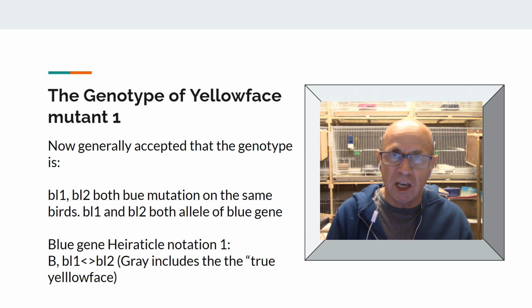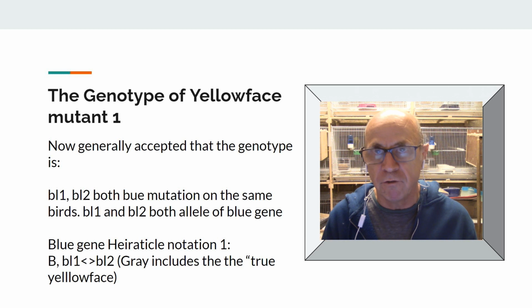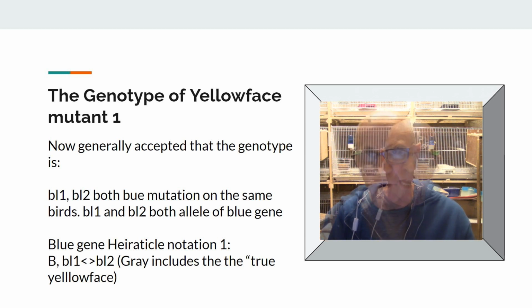So you can see here why I would consider it not to be called a Yellowface allele, but actually BL2, in the same way as we treat the two dilutes slightly different. So that's the Yellowface Mutant 1. What about the other varieties? Well, there we go. That's covered the Yellowface Mutant 1. I hope you found that interesting and understand why I consider Mutant 1 to be a recessive variety and part of the overall